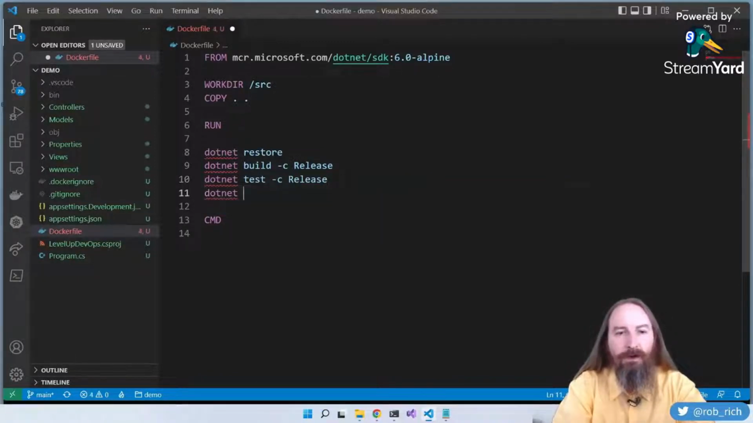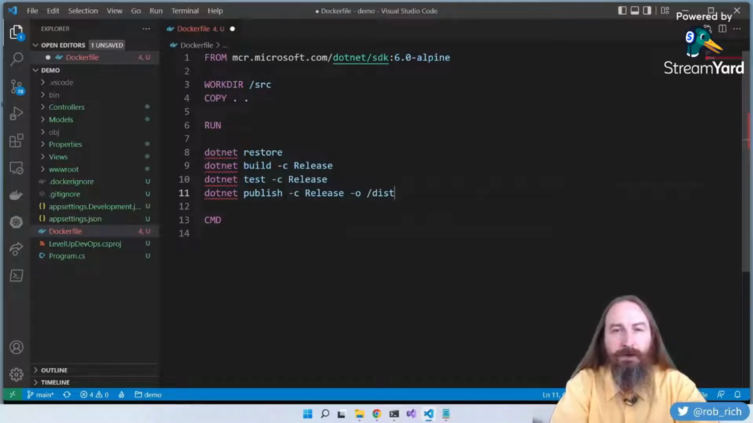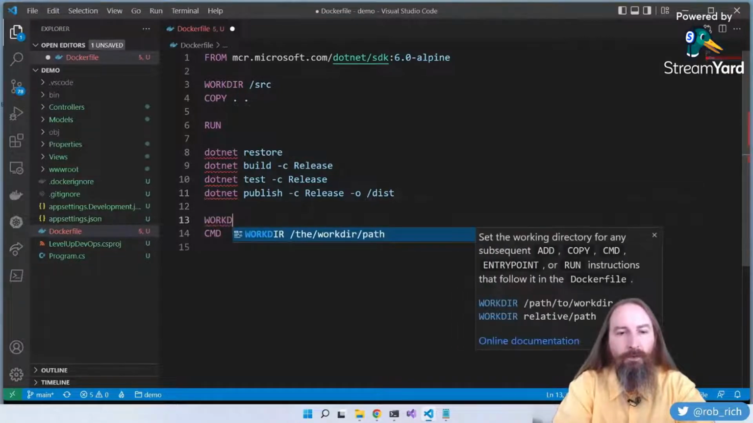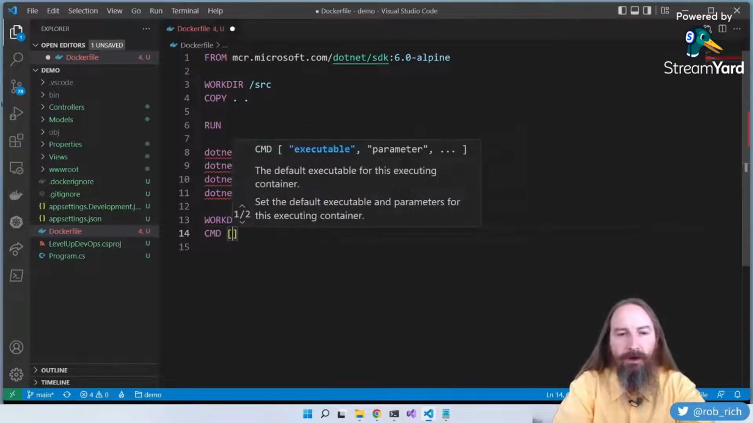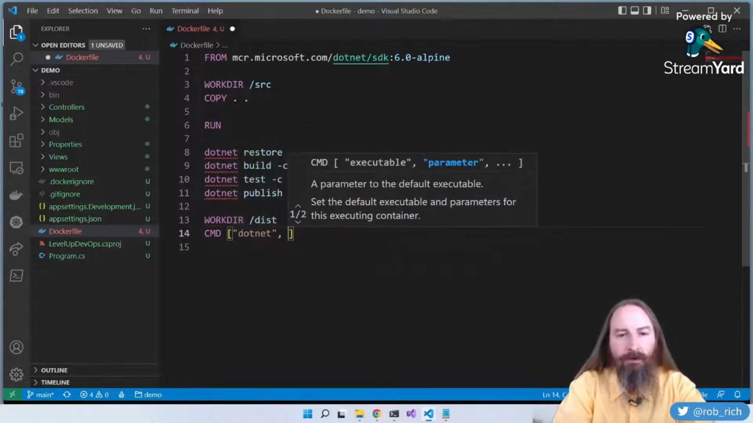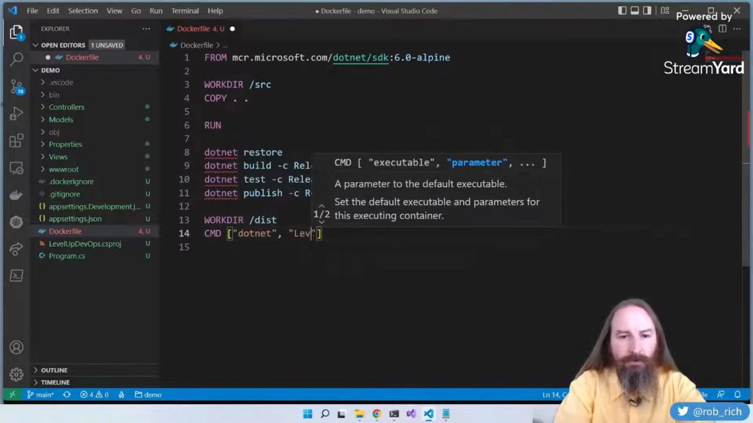Next, we want to do a .NET publish, and we want to do that in release mode to the dist folder. Now this is not unlike doing a right-click publish inside of Visual Studio. It collects all the content that we need for our web server, all the built DLLs, all of the client-side files, and puts them into a folder, in this case the dist folder. So we'll flip over our work dir to the dist folder, and then the command that we want to start our app will be .NET level up